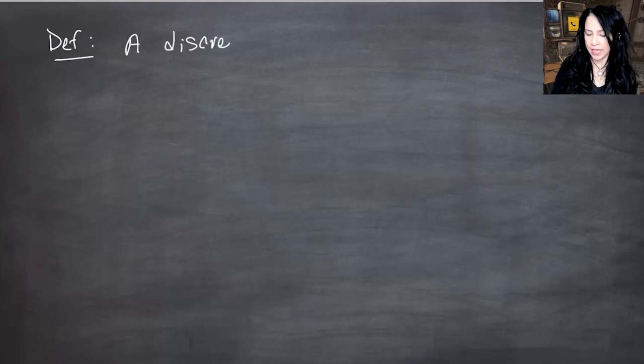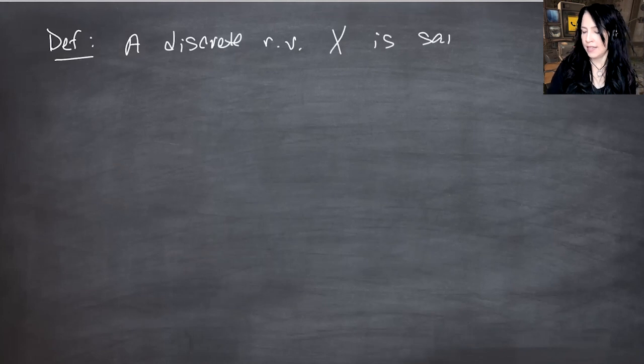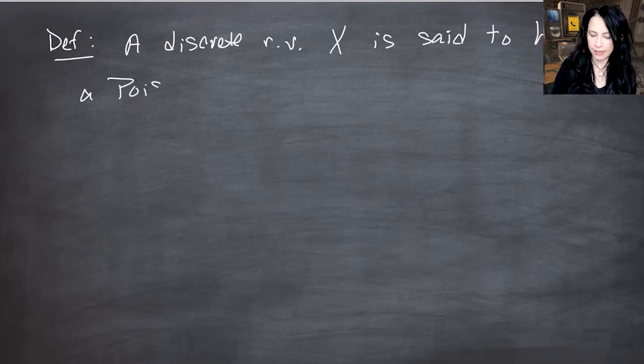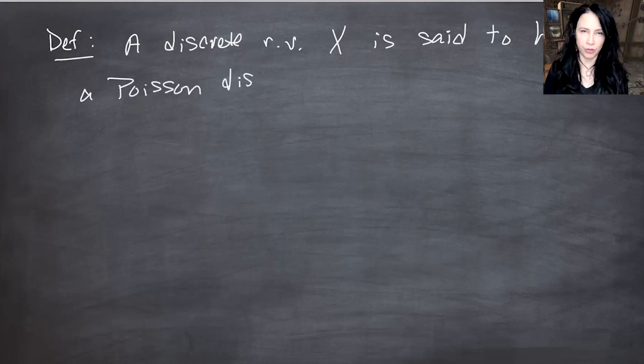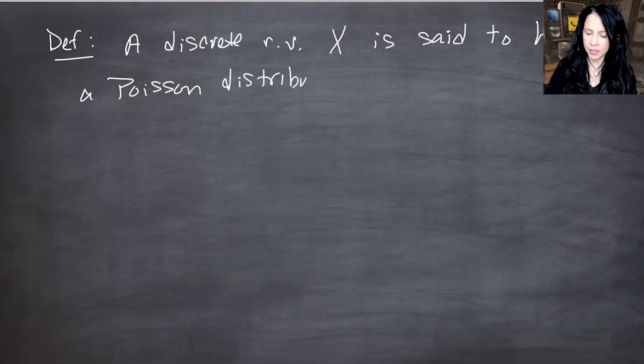Okay, so the particular counting process I want to talk about today is arguably the most famous continuous time discrete state space process. It is the Poisson process. And first, I want to remind you about a Poisson random variable. So that is a discrete distribution, a discrete random variable X is said to have a Poisson distribution with a parameter that's almost always called lambda that needs to be positive